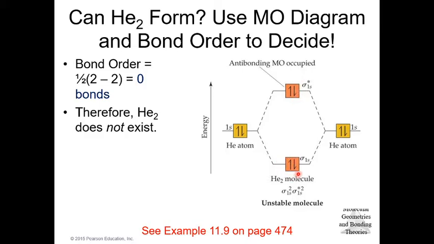So if I have 2 in my bonding and 2 in my anti-bonding, my bond order is equal to 0. 2 minus 2 times 1/2 is 0. If I have a bond order of 0, I have no molecule. The bond doesn't exist. The molecule does not exist. So this tells you about the predictive power of molecular orbital theory. Again, I'll be working problems in a separate video, but I will be doing 11.9, which is all about drawing molecular orbital diagrams